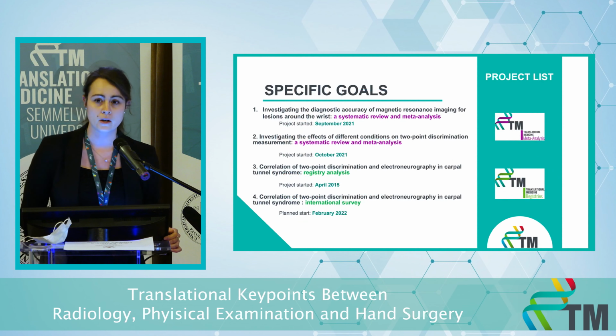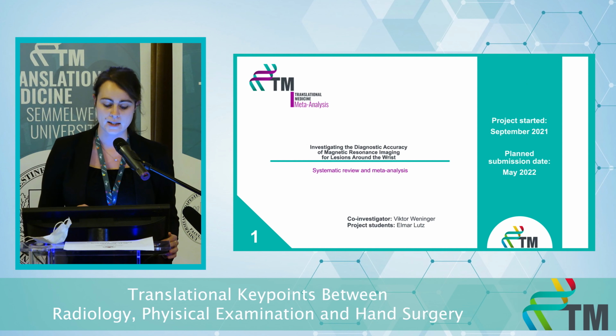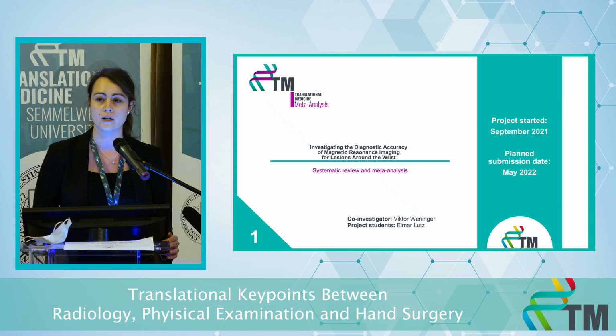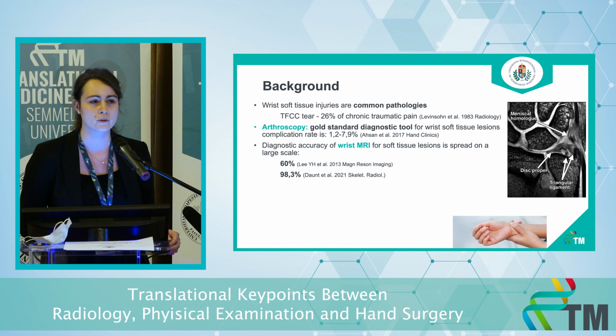I'm currently working on 4 projects, and I would like to present you these projects in the following minutes. My first project is investigating the diagnostic accuracy of magnetic resonance imaging for lesions around the wrist. Why do we consider this research important? It's because wrist soft tissue injuries are common pathologies. This can be in the background of nearly 1/4